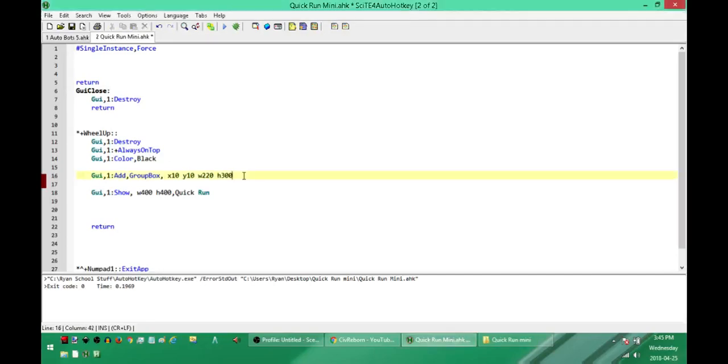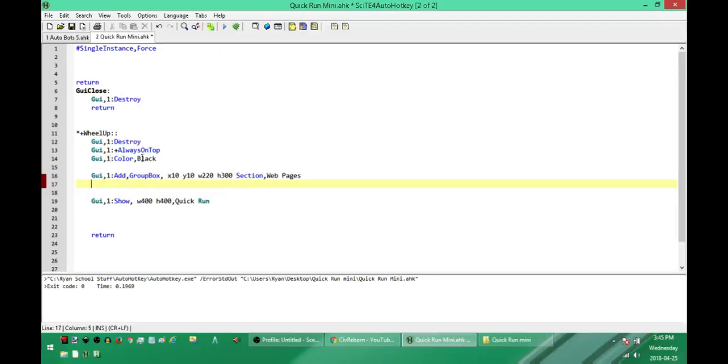So I have my group box. I'm going to make this the start of a section, and I'm going to put the text in it that denotes what this section is. The first one we're going to make will be web pages. So if I want to have a list of web pages that I use all the time, I can add this to my program and then just pick the appropriate one and launch it. Web pages,